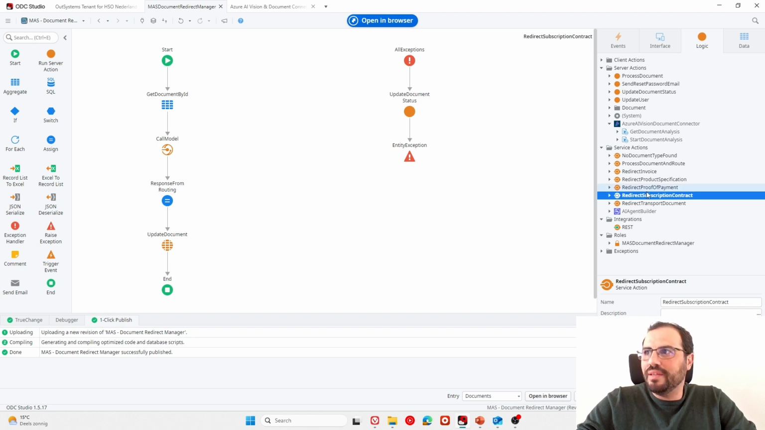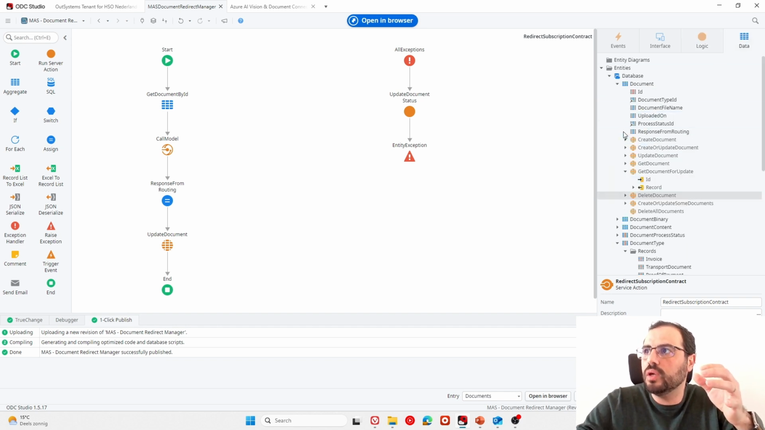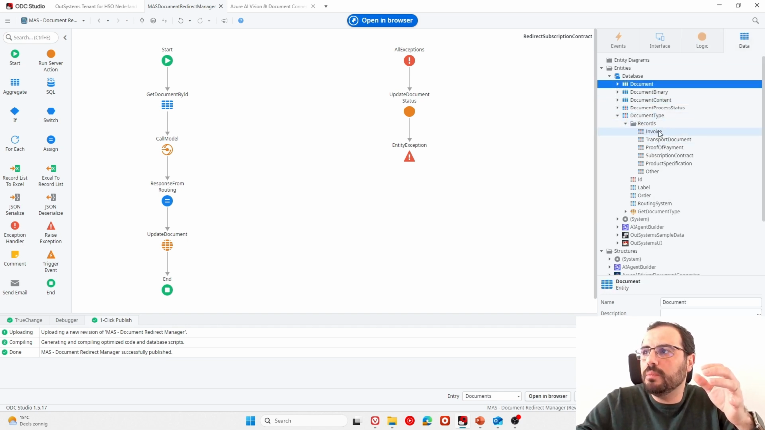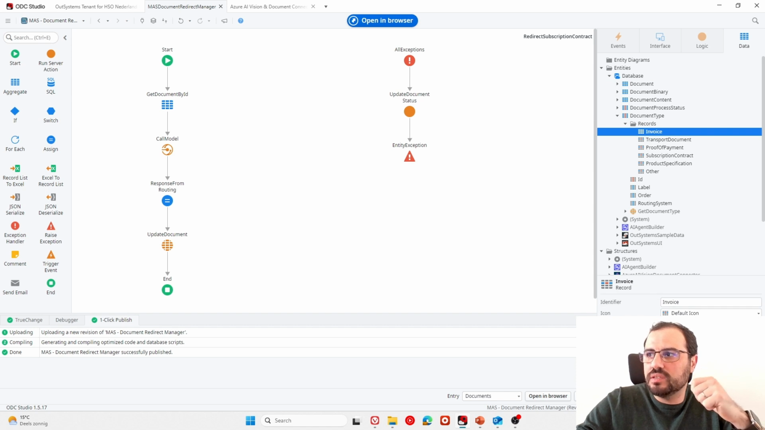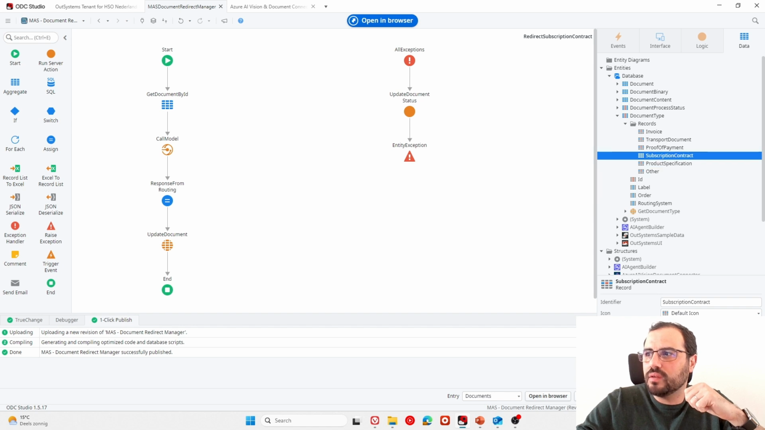You may ask why I did different ones if they are all the same. The only reason why I did it was to show that in a real case scenario, each one of the redirects can have very different logic inside of it, right? Because as we saw, each document type has different routing systems. So the invoice, the transport document, and the proof of payment all go to Dynamics F&O. But for example, a subscription contract goes to Dynamics CRM, and the product specification goes to the product management